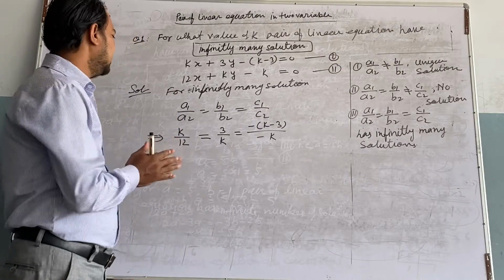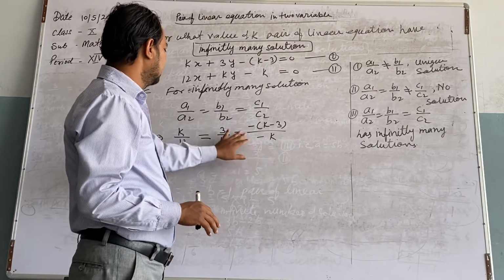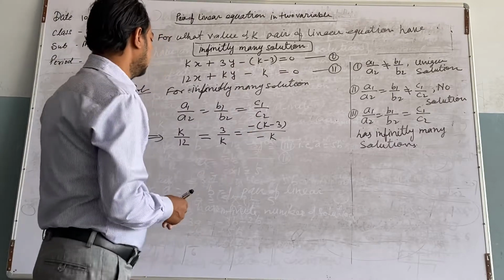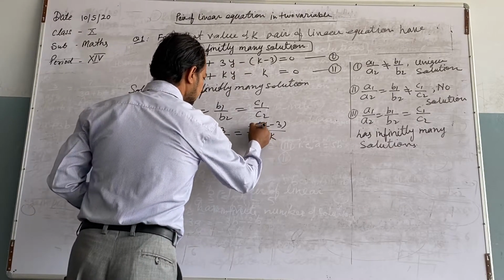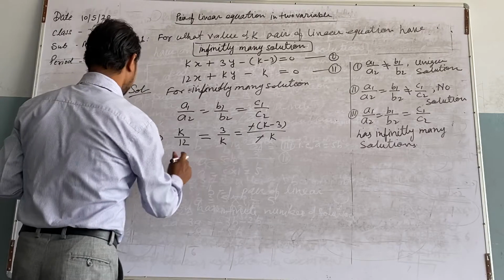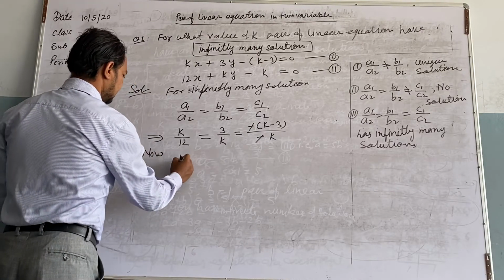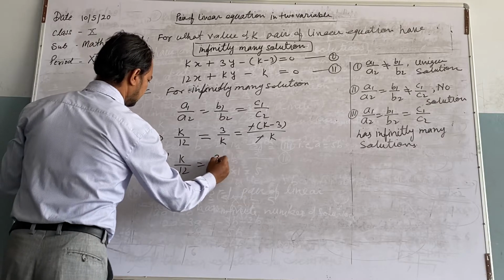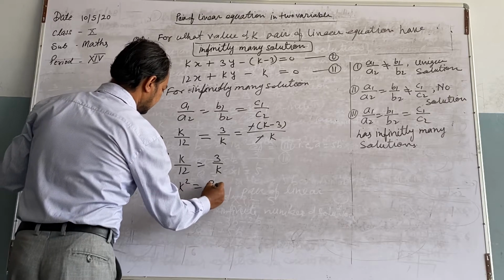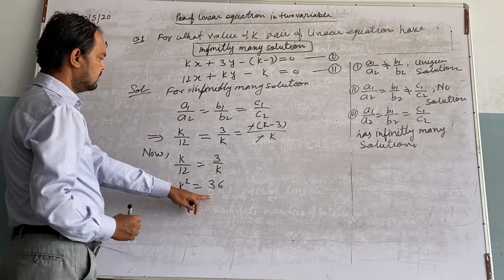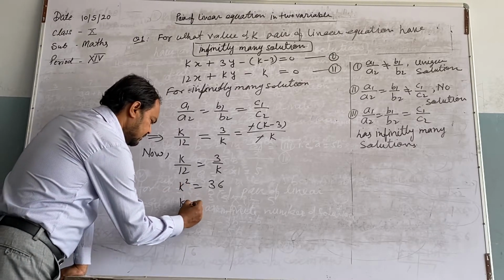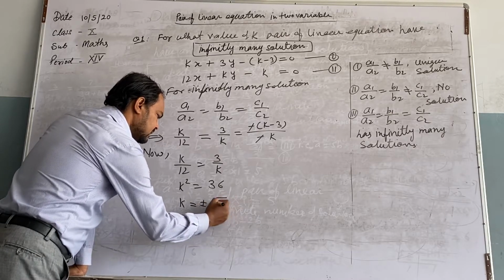Second thing, when we use any value, always use with its sign. It contains a plus sign, but in this case it is a minus sign. Right? Always use with their sign. You will get no problem. You will get it easy. Now take two of these. Now k upon 12 equal to 3 upon k. By cross multiplication you can find here k square is equal to 36. Now with this we find that k equal to plus minus root 36.